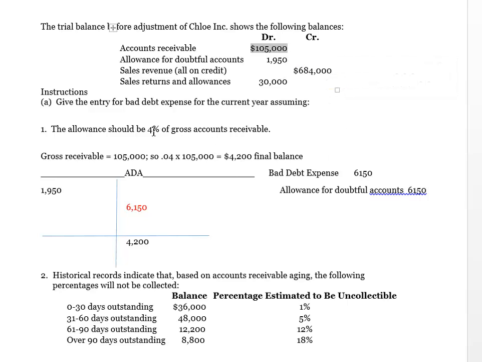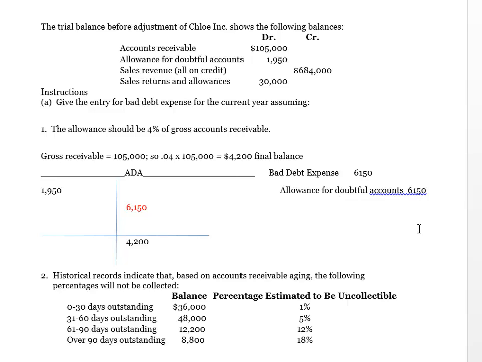So since we're using a percentage of receivable, we're calculating the ending or final balance that we need in the allowance, and that's $4,200. Well, given that we started with a debit balance of $1,950, that means that the allowance has to be increased by